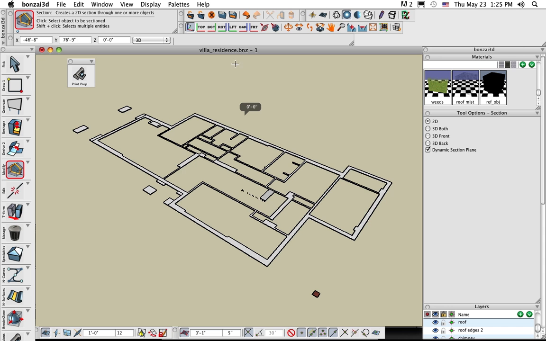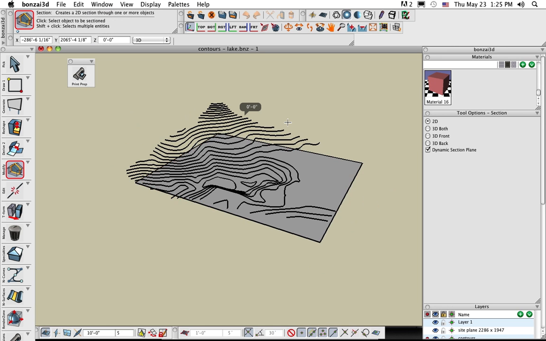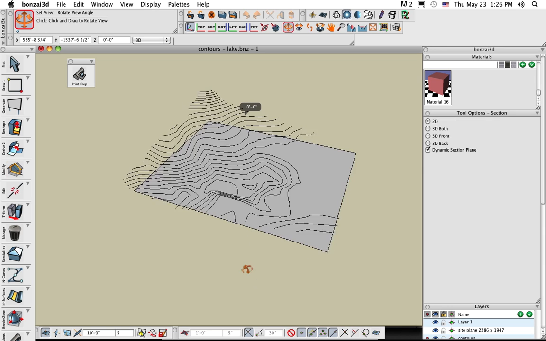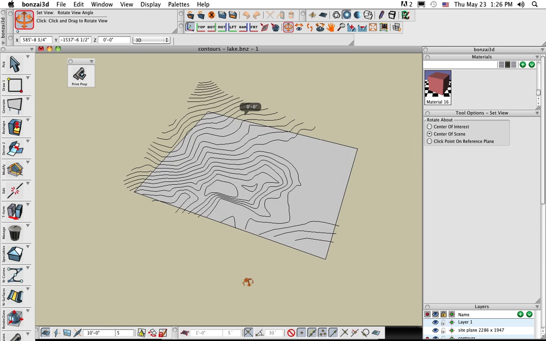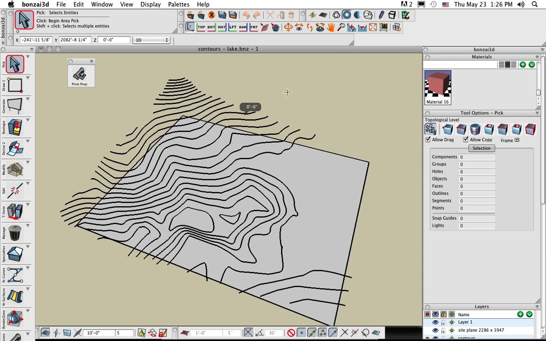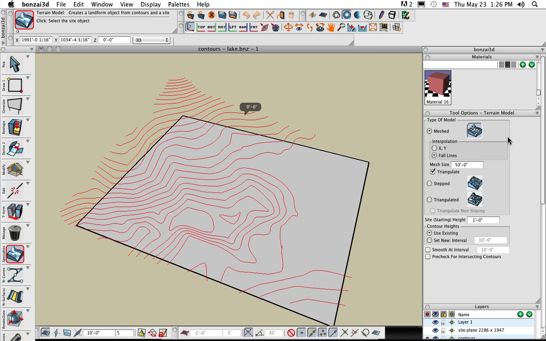All right, let's see, what else can we find for some new stuff that's in 3.0? Let's see. We've made some modifications to the contours tool. We have a 3D terrain tool, which allows us to generate a 3D solid terrain model from a series of contours, right? And let's try it with these contours and see what happens. So this is nothing new. This is in 2.5. You use the terrain tool for this, right? There it is right there, right? So if we take these contours and then we select the 3D terrain tool, we select our contour site, and